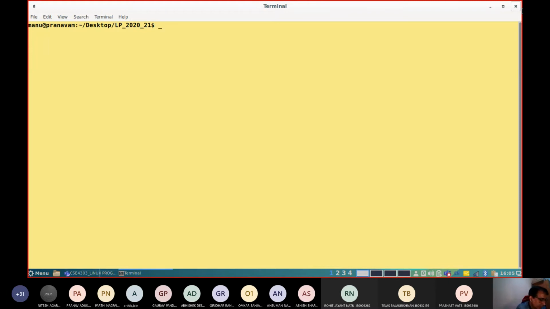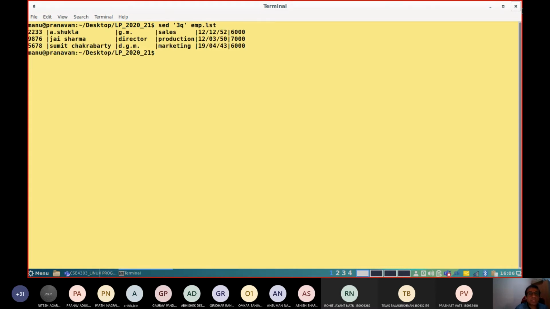And along with this, you need to also remember that in the previous class we mentioned one command called sed, SED. This sed is also for displaying and processing text files. sed is a stream editor. Now look into the way in which we are going to display the contents. If you want to print the first 3 lines from the text file, input text file you can write emp.lst. That will give the first 3 lines of the input. This is similar to awk, one more traditional stream editor.